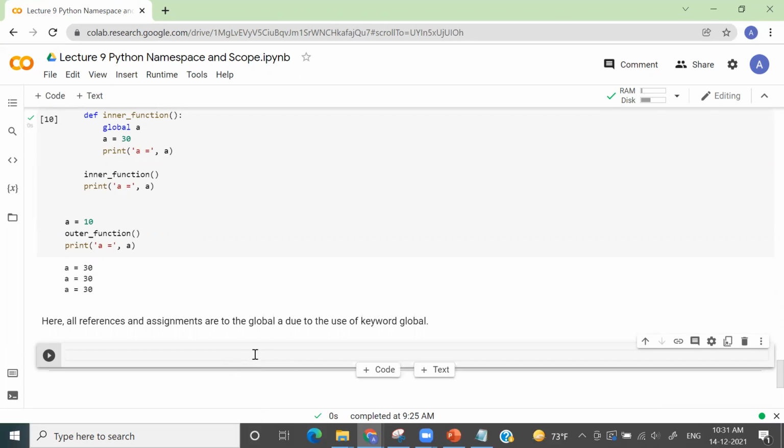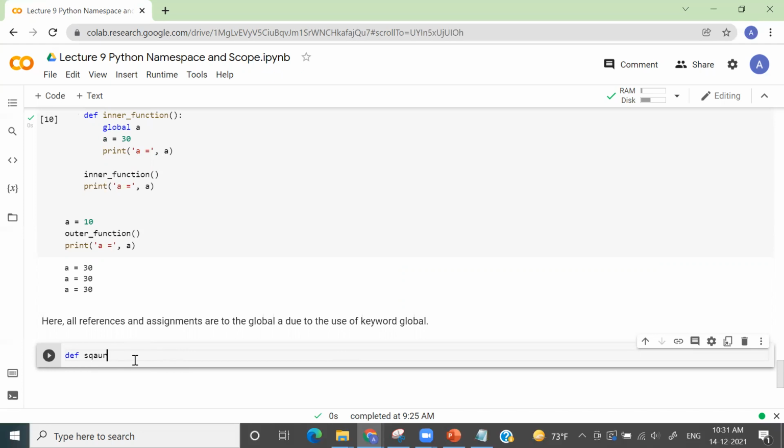To create a function in Python, you need to start with a keyword called def. And then you need to define the name of your function. So let's say that I want to write a function that will square my input.